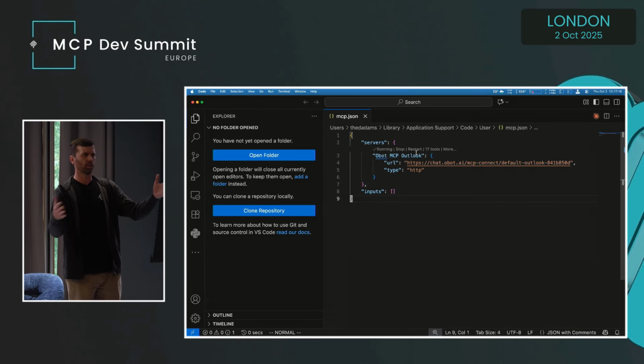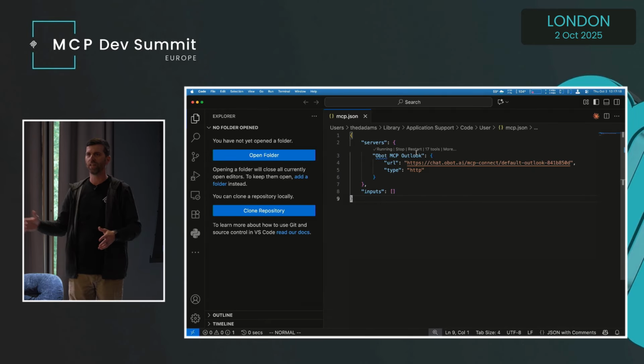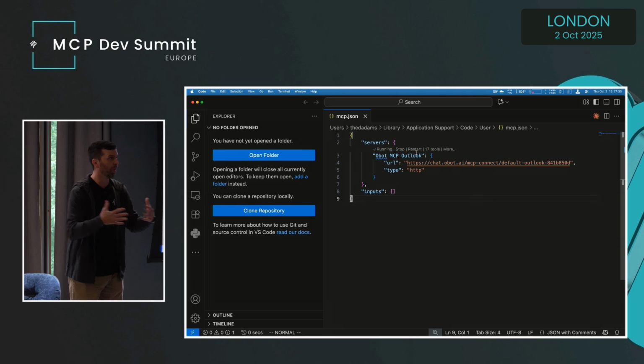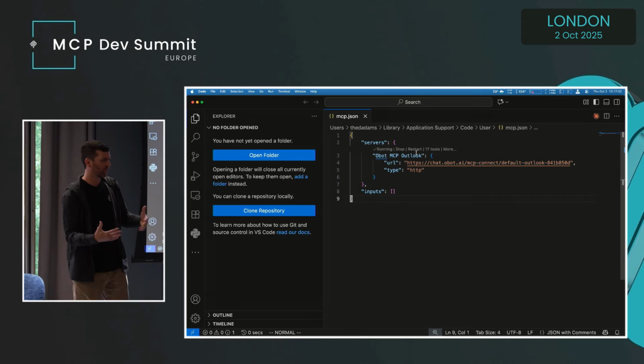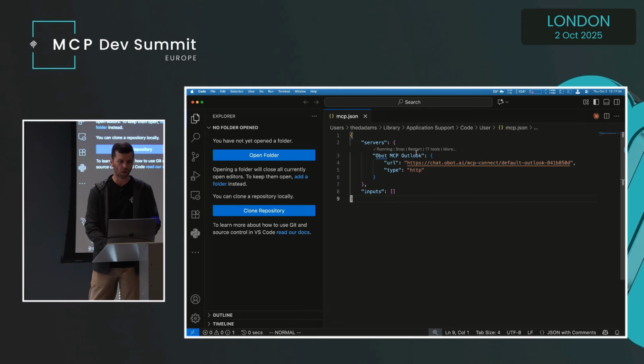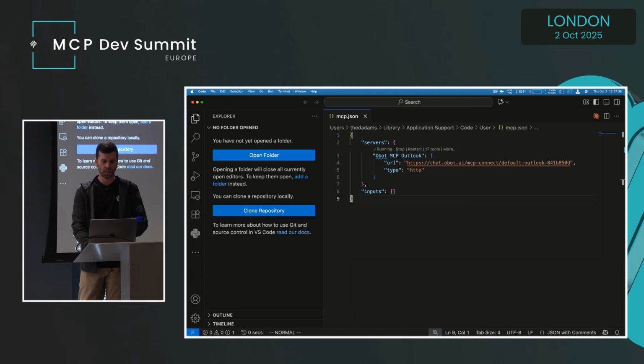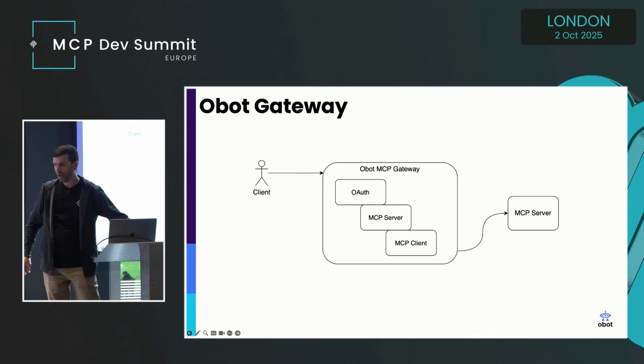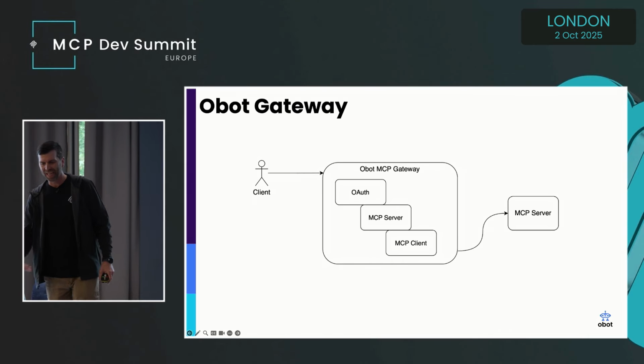If I were to hand that to somebody else, anybody else in this room, because chat.obot.ai is open and available for folks to use, you can take that same URL and do it for yourself as well. And the Outlook MCP server will be scoped to you and not me. So again, it's a subtle thing, but it's a cool architecture difference that has given us a lot of interesting insight into the entire process.